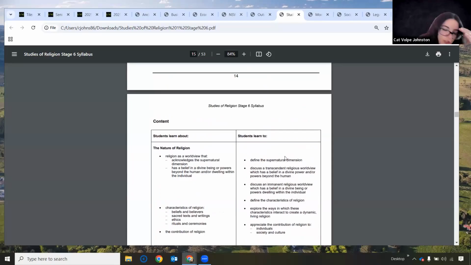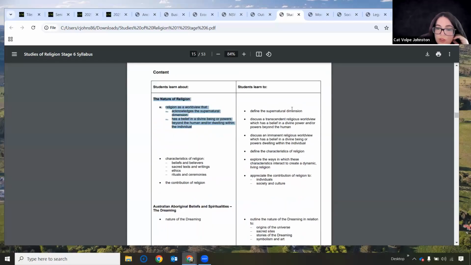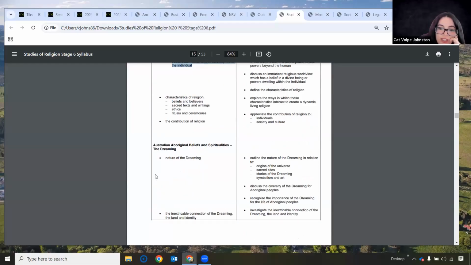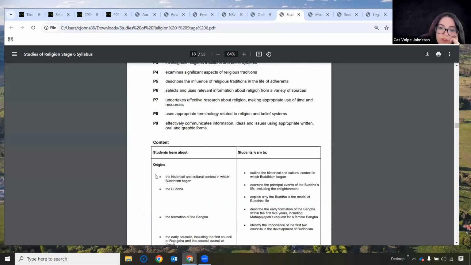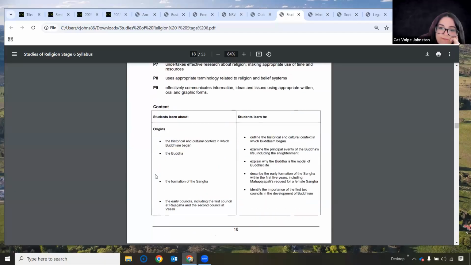Now this one's a bit similar to the legal studies one. What I would do for copying content is just focus on the left column. Don't worry about what students need to learn to do, although that can help inform how you teach the content here. In terms of how you want to roll this with your second topic,